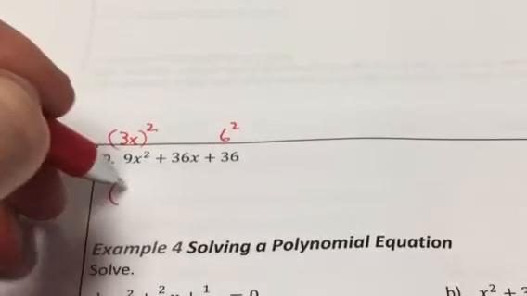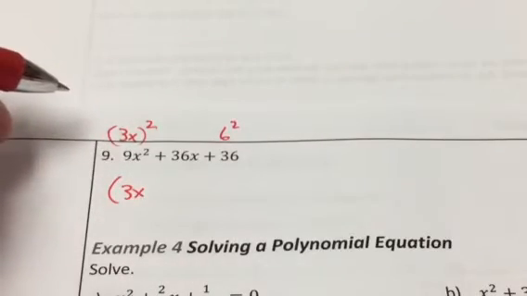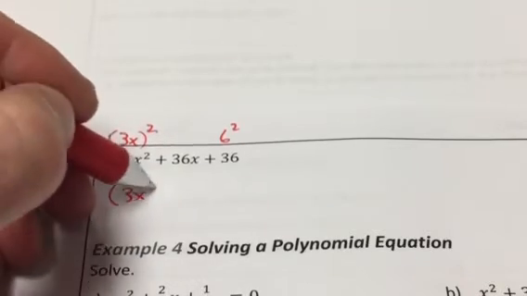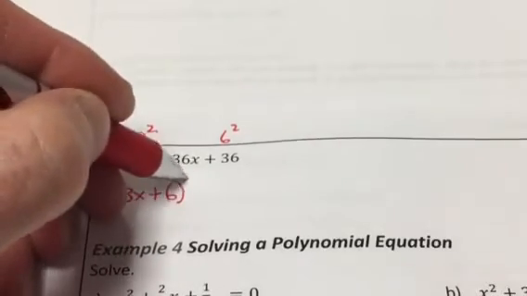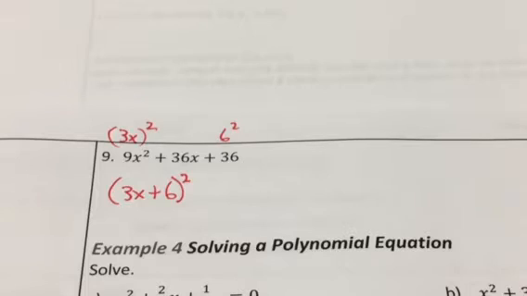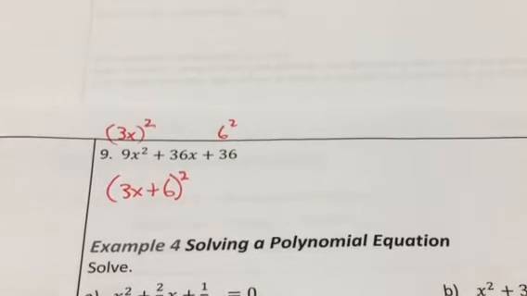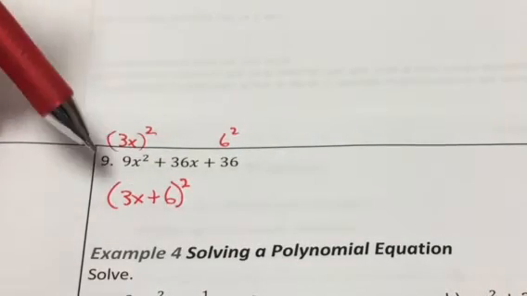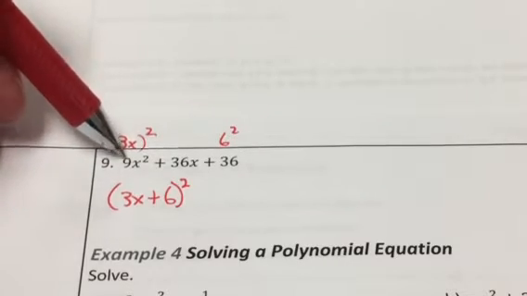So we're going to be able to do 3x plus 6 squared. And, okay, I think I violated the first rule of factoring right there because isn't it true that all 3